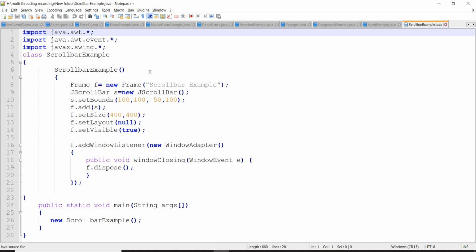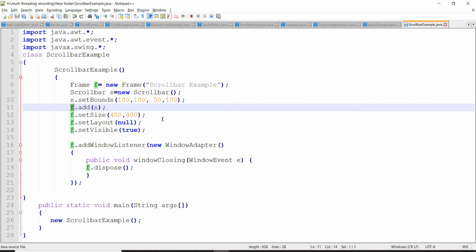What is the class name to add this scroll bar? The scroll bar that exists in the AWT package is Scrollbar. Okay. We have created the scroll object for the scroll bar, set bounds for the scroll bar, add the scroll bar to the frame, set the properties of the frame.